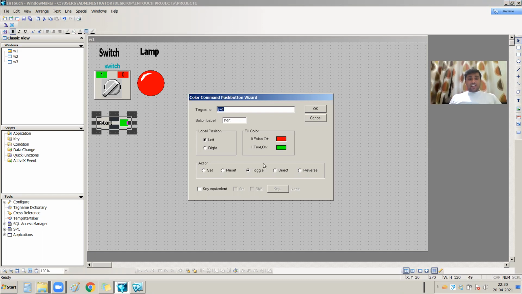And you can see that there are different actions of this button. The actions are set action, reset action, toggle action, direct action, and reverse action. So let's discuss one by one. First of all, I am using the toggle button action. If I select toggle and press OK,